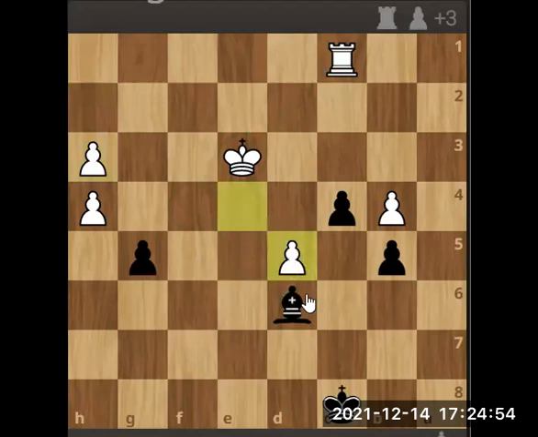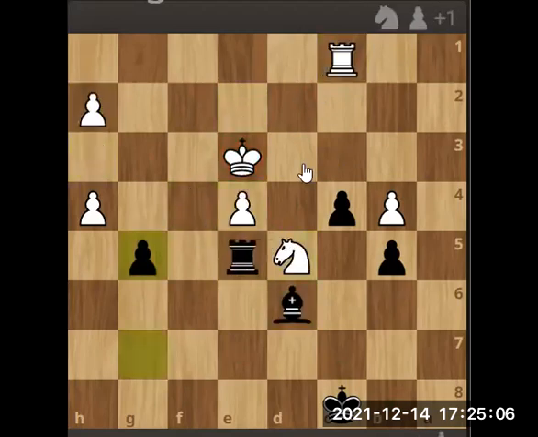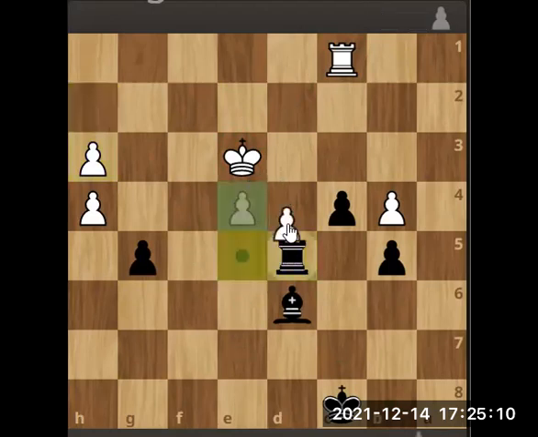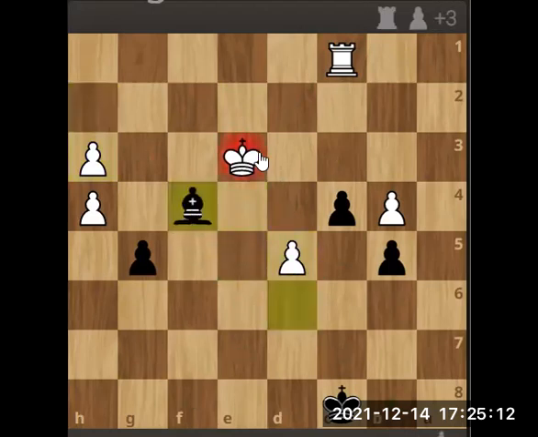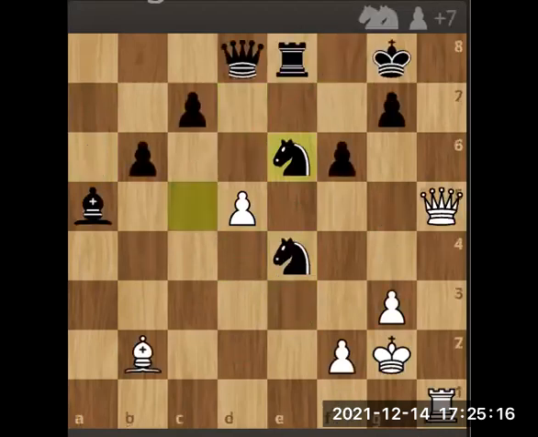So now, after this exchange sacrifice, what do we do? We have this path opened for the bishop and it gives the check and makes the skewer. Now the king goes out and we get our rook. So once again, we take this knight, exchange sacrifice, and the pawn takes the rook. Then we make a skewer, king moves out and we get our rook. So now finally the fifth one, which is the hardest one of all.